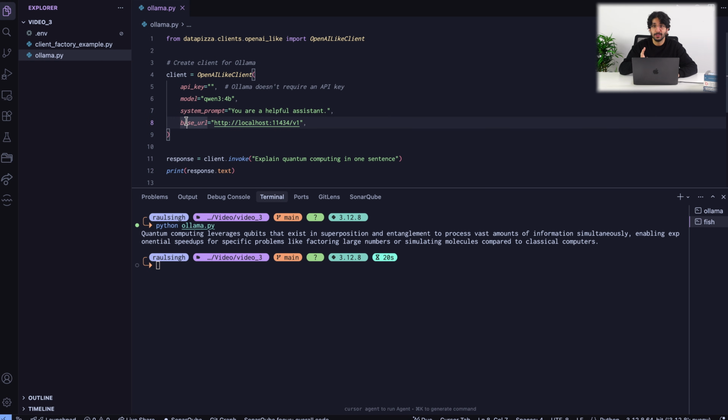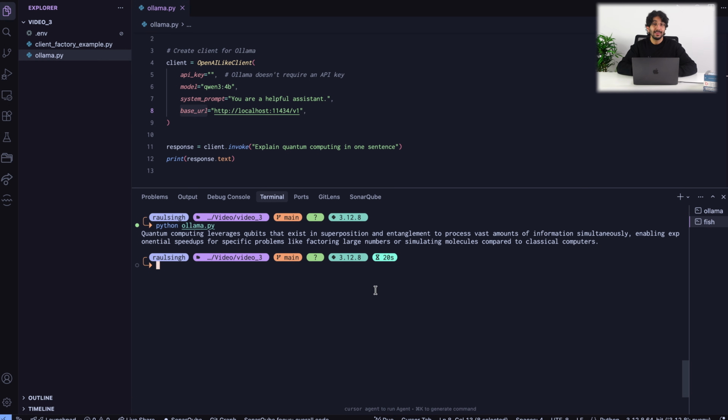Now you can play around with this. You can, for example, change the model here in this string. Obviously, you need to have a certain model installed if you want to use it. You can change the system prompt, as always, and you can also change the base URL if you have Ollama on another machine, or maybe you want to use another provider like Cerebras, for example. And as you saw, running local models with Datapizza AI is very easy. We basically use the same interface as we did before, but using a model that is running on my laptop, which is amazing in my opinion.